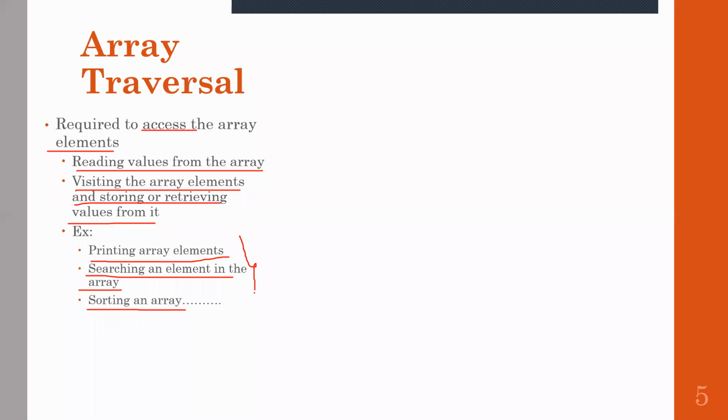It is for these purposes that you require the logic of traversal through an array. Then only you will be able to sort it.